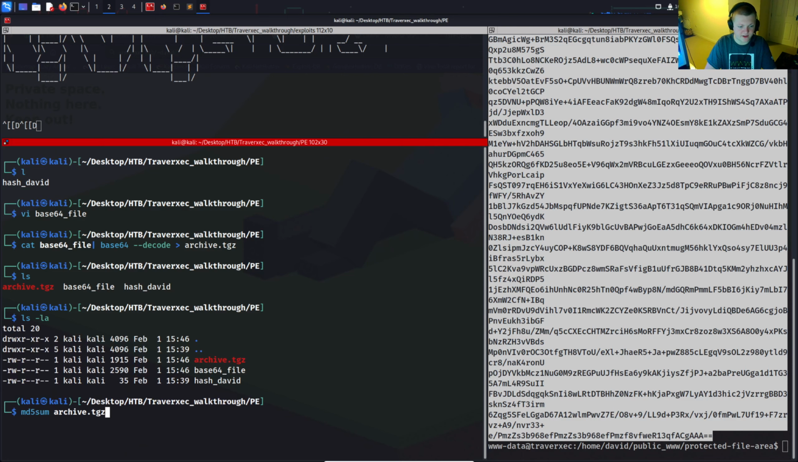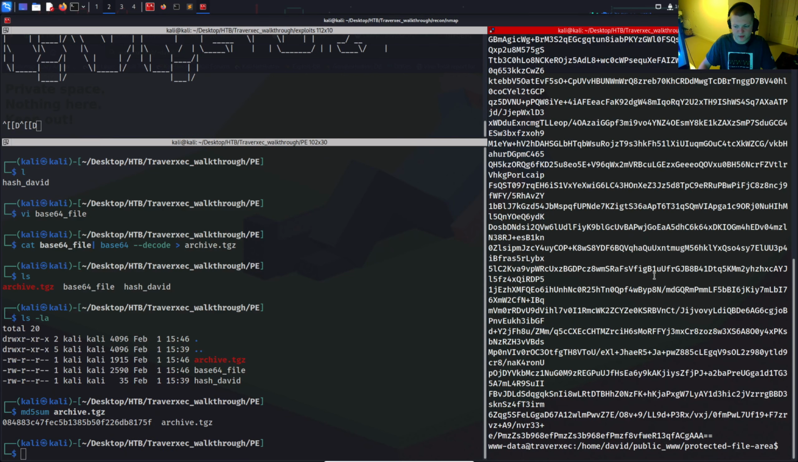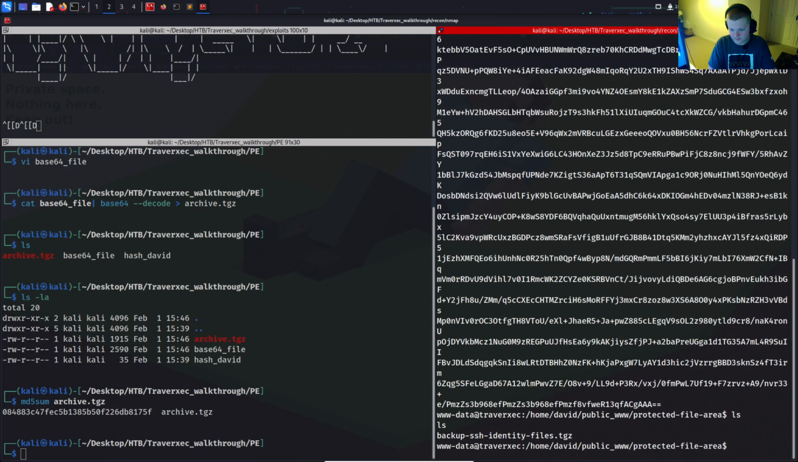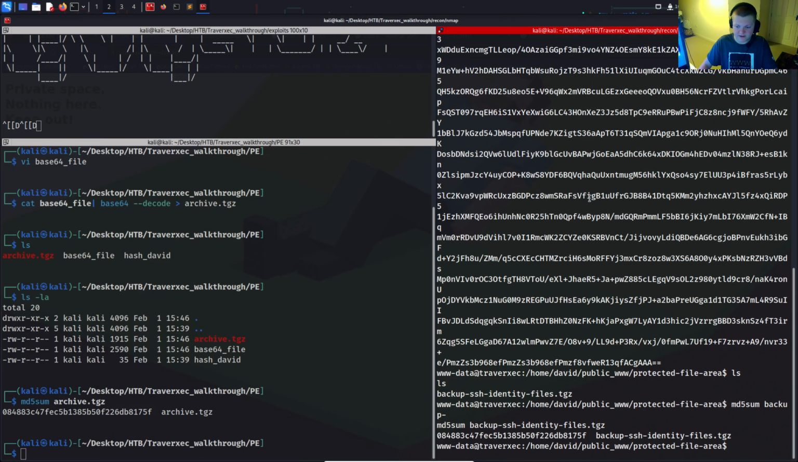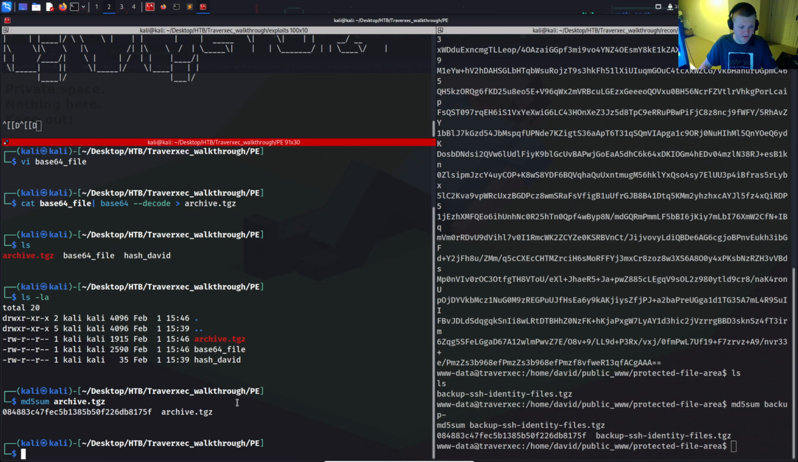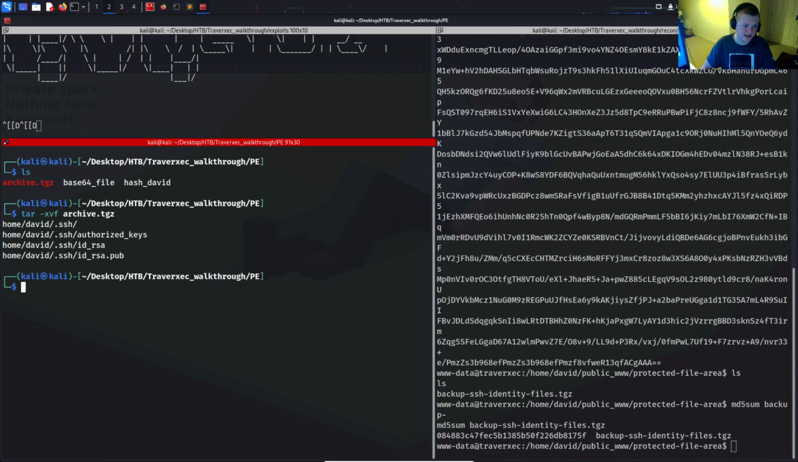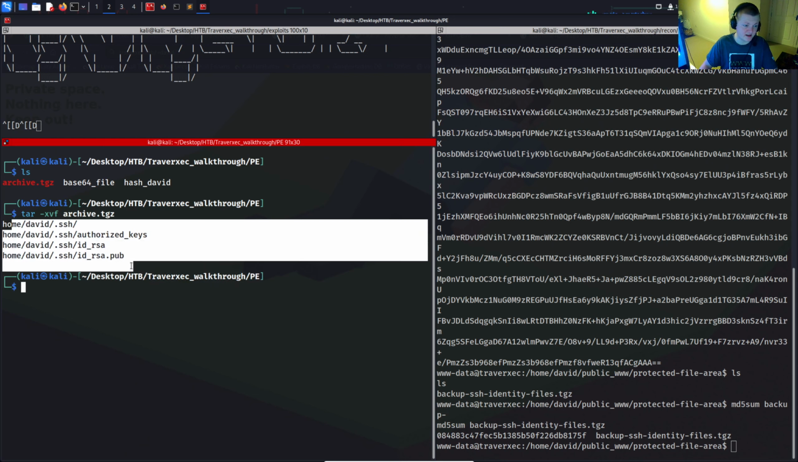If you want to verify it's the same one, you can do an MD5 sum on both sides just to see. What was it called? Sorry. Yeah, MD5 sum on backup. And we can verify, look, they've got the same hash. It's all good. We can now decompress this with tar xvf archive.tgz,